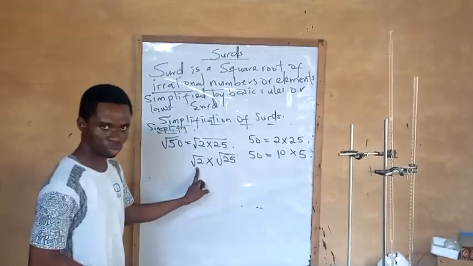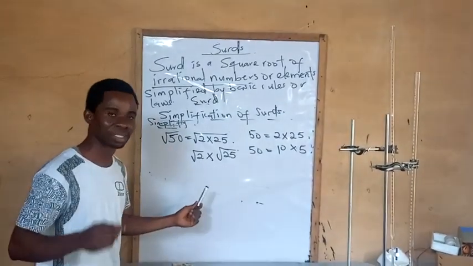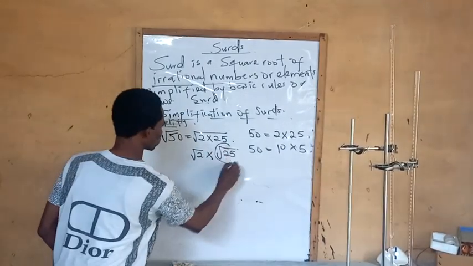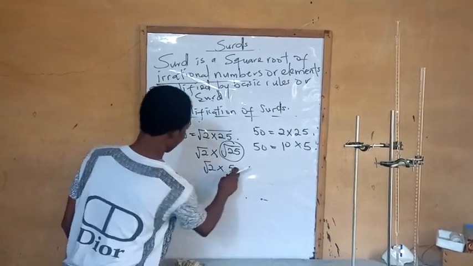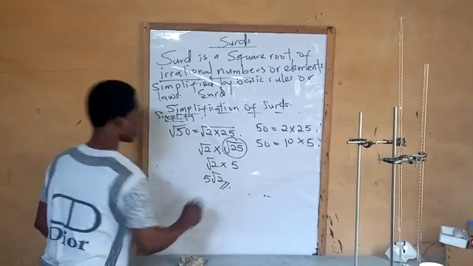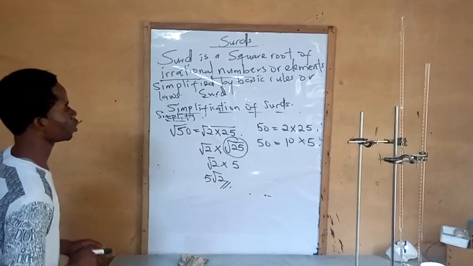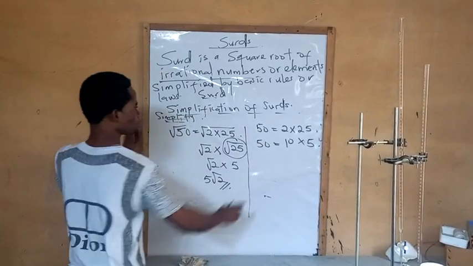Square root of 2 is a surd. It cannot be split again. But what's square root of 25? That is 5, times square root of 2. 5 times root 2, that is 5 root 2. Now, if you want to try the other one,